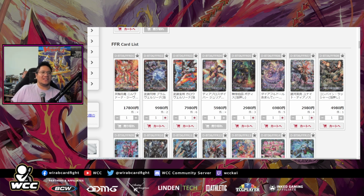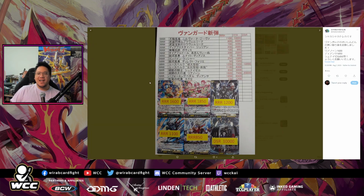But this is just some interesting prices from set 6. Let me know what you guys think, right? And if you're gonna buy high rarity stuff, if you want to pull stuff, if you pulled insane stuff,